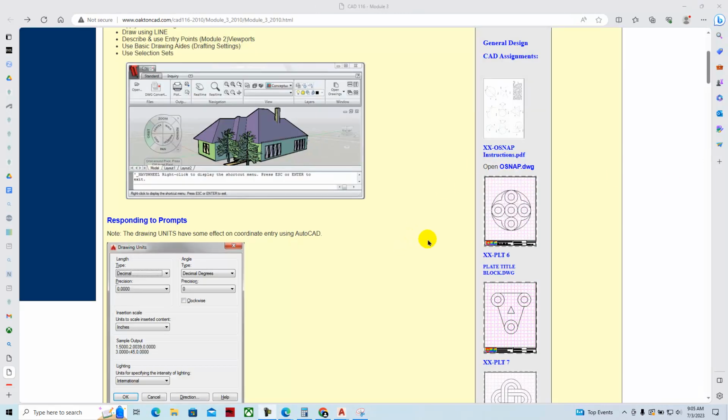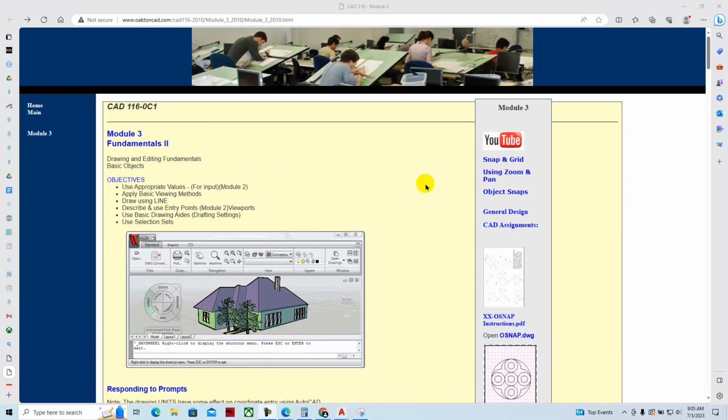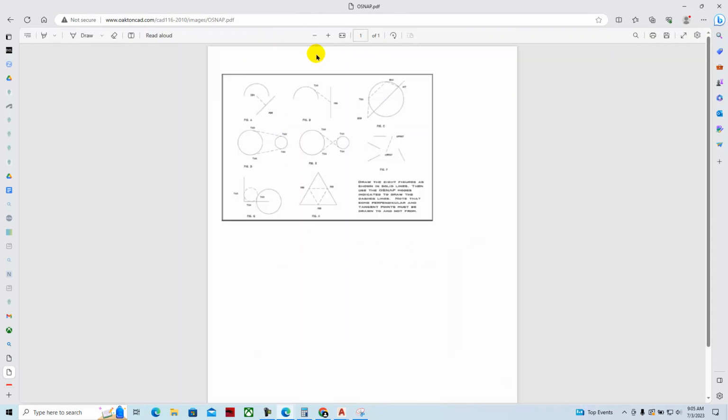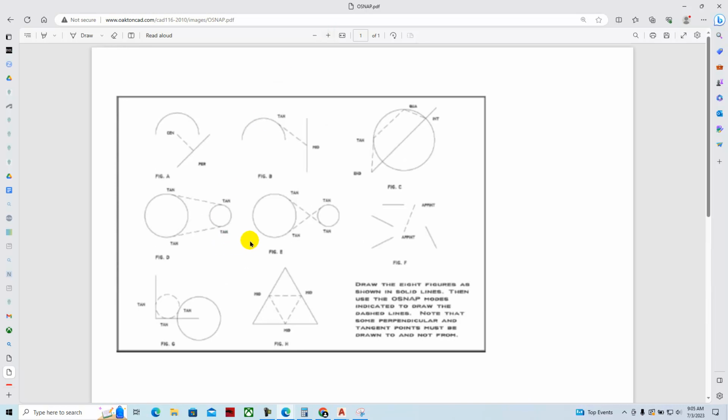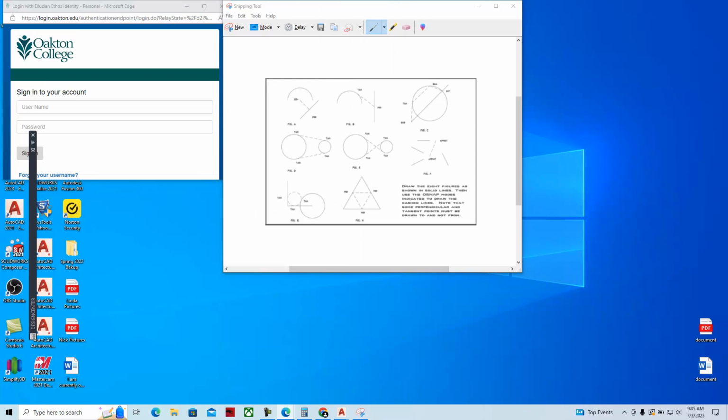At oaktoncad.com I have some of our website, and I'm going to download the instructions here, and we'll take a look at that, and I'll post this in D2L as well. Sorry about the little bit of the fuzziness. We're going to go from the center perpendicular for our first line. And so as we take a look at this,